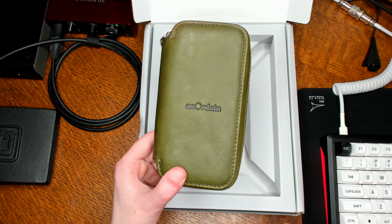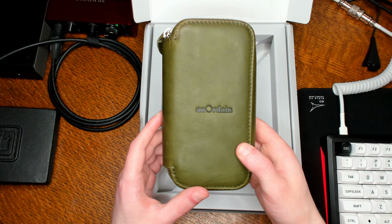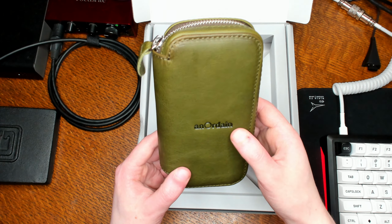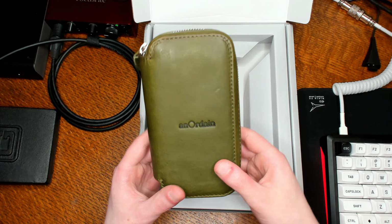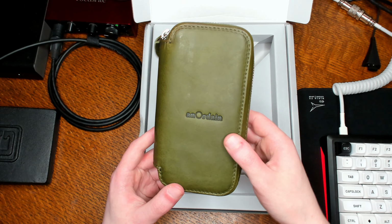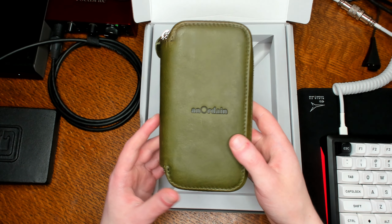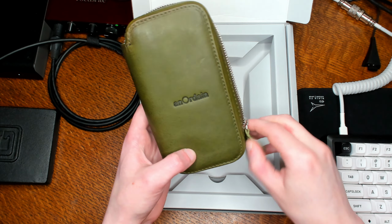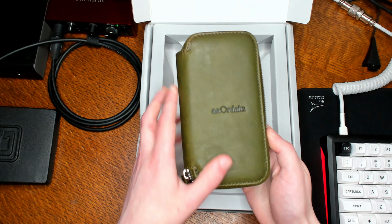So as you can see, the watch comes enclosed in an anOrdain branded green leather carrying pouch. This holds 2 watches, and they were actually nice enough to include this for free in all of this. And they actually included a free watch strap with this as well. So your watch will come enclosed in this. And without further ado, let's reveal,